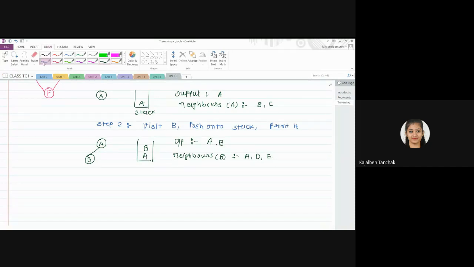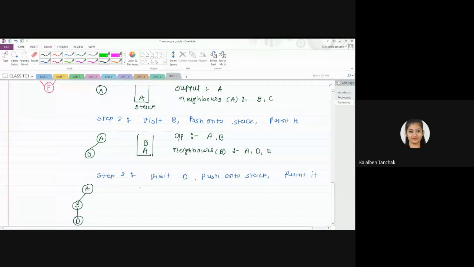So in step 3, you will do the same procedure. Visit D, push onto the stack, and print it. Okay. A, B, and D. Fine. So I will push onto the stack.